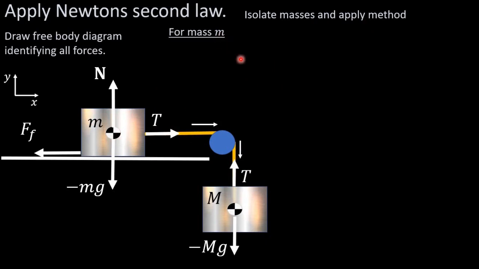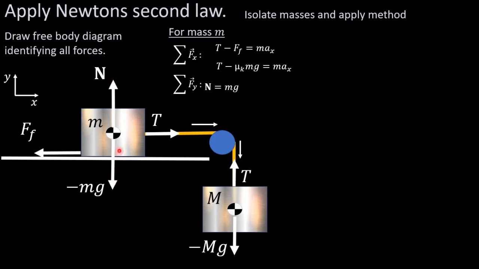For mass small m, the sum of the forces in the x direction is going to be T minus the force of friction, because we've got T acting in the positive x direction and the force of friction in opposition to that in the negative direction, which is how we get the negative. This is our net force in the x direction, and we equate that to mass times acceleration in the x direction. Then we can substitute the force of friction by the coefficient of kinetic friction times mass times g, and it's the coefficient of kinetic friction because the system is moving, so it's accelerating. And the sum of the forces in the y direction for this mass is just going to be N equals mg, because these two forces are equal,